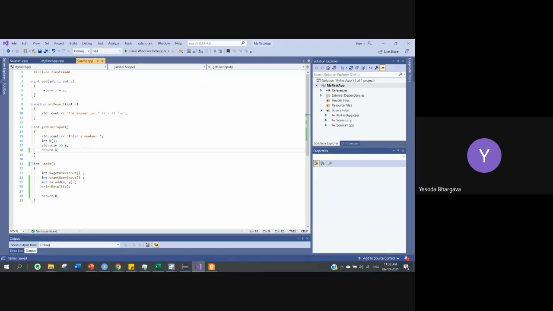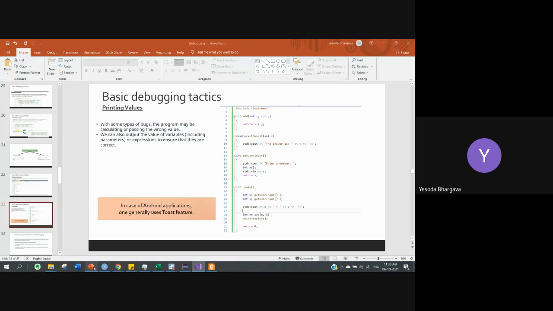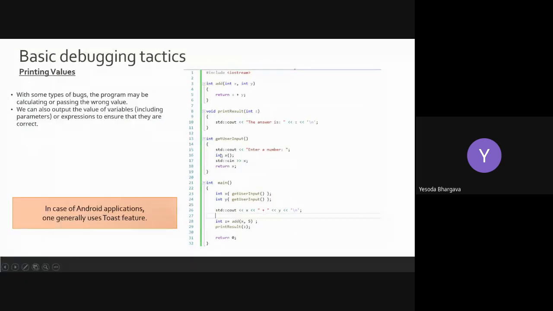I think in one of the labs for debugging, I will give you a set of problems in which you will have to identify the cause of the errors for why the function is not working. So in this particular example also, printing values can be really useful when we go on to identifying the cause of the error.